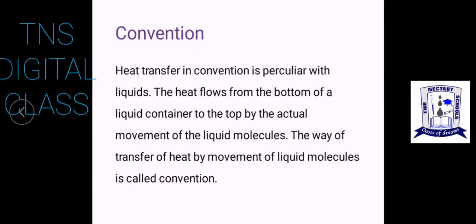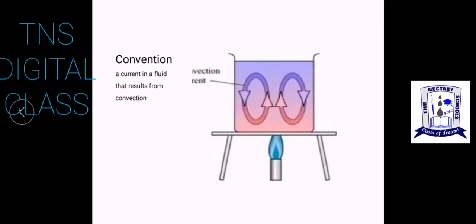The transfer of heat by movement of liquid molecules is called convection. Let's look at this diagram to describe our explanation of convection. As you can see, this is a heat source, and this is a container containing a liquid substance. So after a period of time, heat energy flows from this part and heats up the